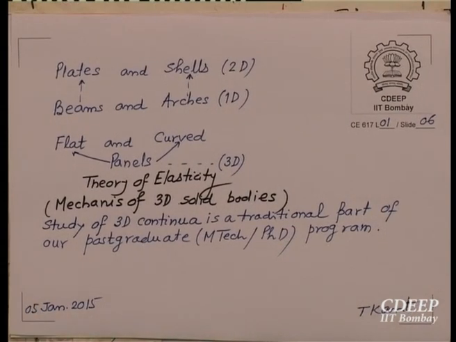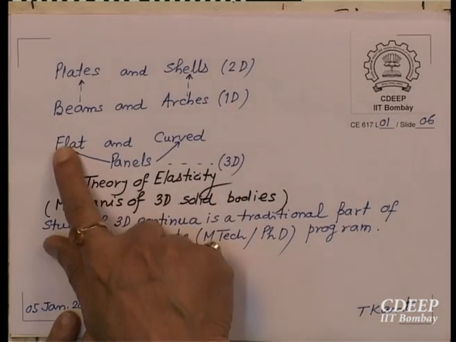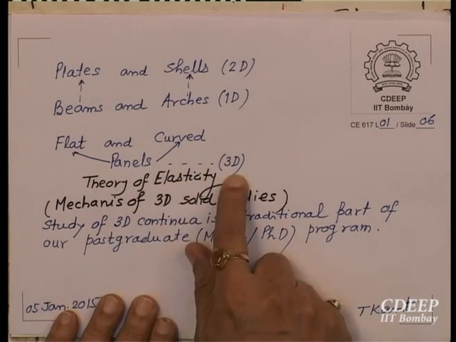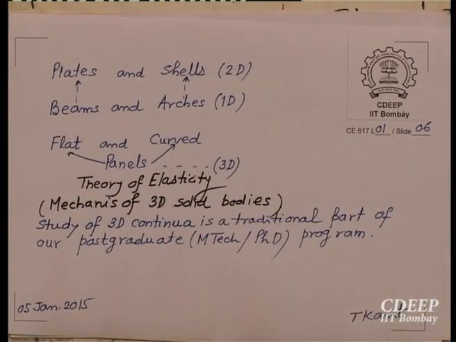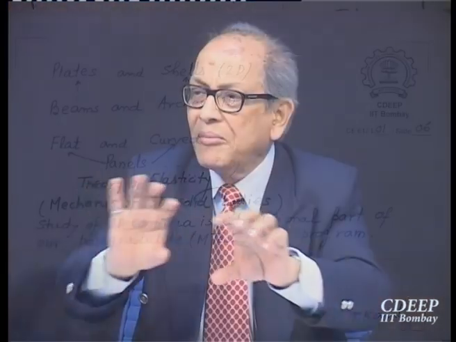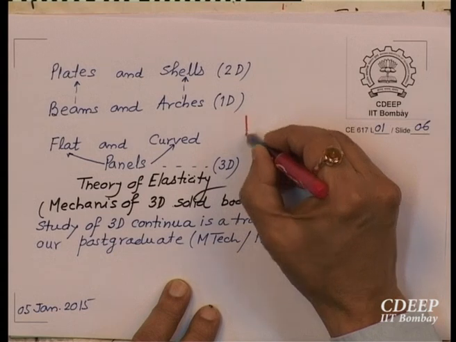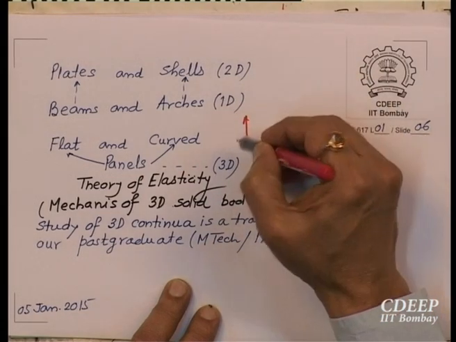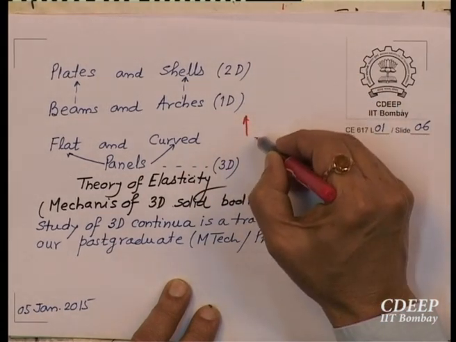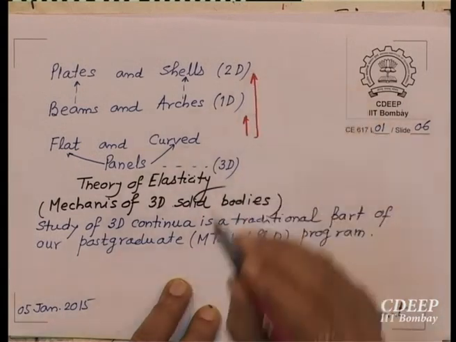Then of course, three-dimensional panels you are already aware of. Basically all problems are three-dimensional. So you can have a flat three-dimensional panel, really three-dimensional, or a curved three-dimensional panel, which can be solved as it is if you do not want to make assumptions. So it goes from here upwards, it goes to here, and then from here this is one dimension, and then you can also go directly from here to here, two dimensions.